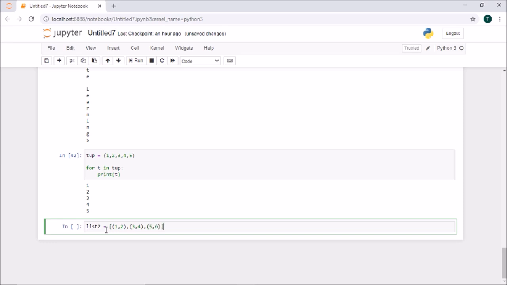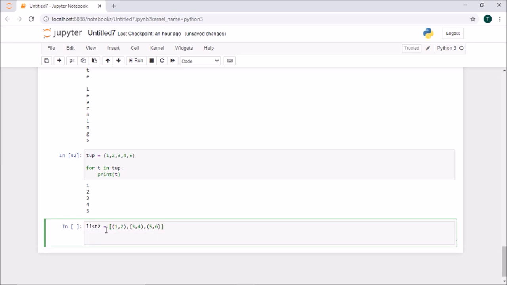Okay, so if I go for iteration, for t1 comma t2 in list2.